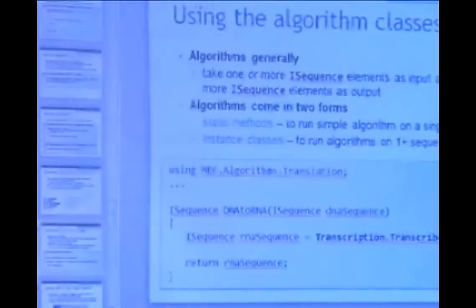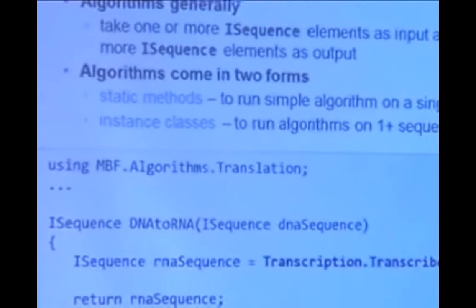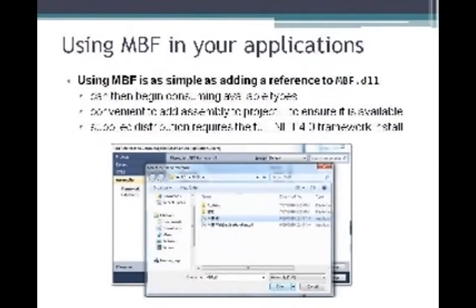All right, but I could just as easily run, if I had, say, for instance, 2 sequences, some kind of alignment against it, I could go to a web service and run BLAST, right, and get some output and then display it. So there's a variety of things I could do here in order to actually make this work. And all of that's built into MBF, so the framework algorithm itself is all built in so that you can take advantage of it, but even better, so that you can extend it with your own algorithms, or even algorithms that you're partnering with other institutions or things like that.